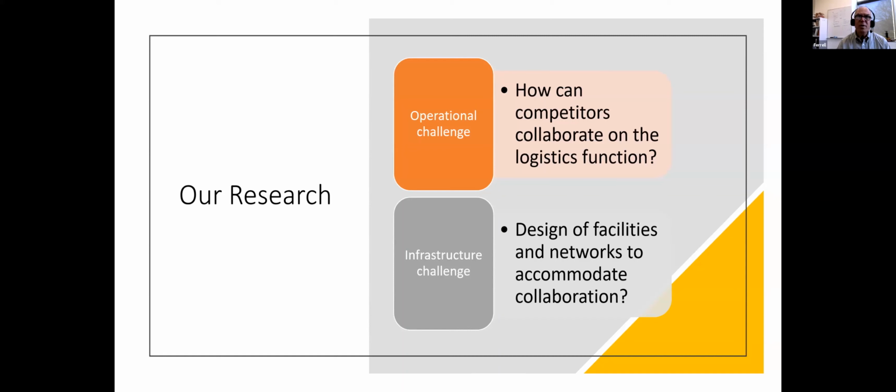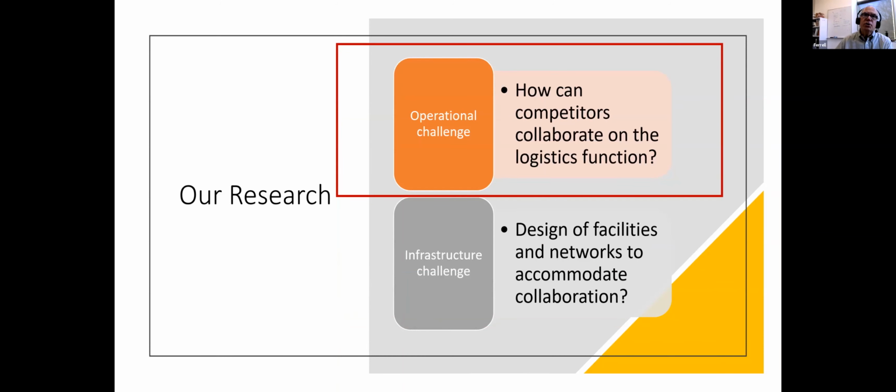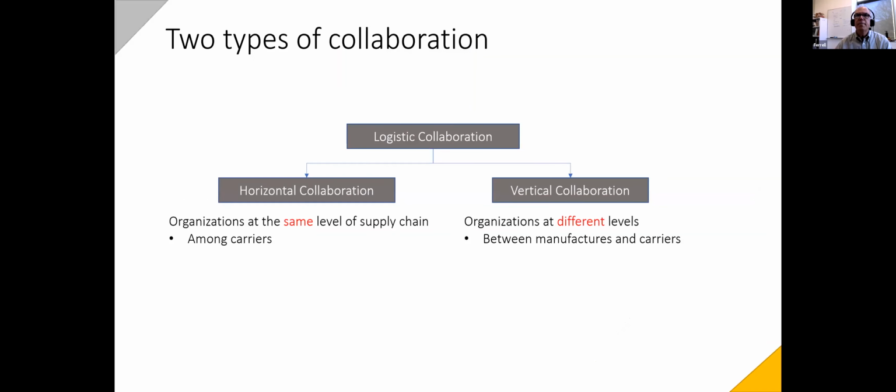The second one is, how would infrastructure and networks need to be redesigned in order to accommodate a collaborative logistics network, or to have part of the transportation network function in a collaborative way? We're going to start out discussing research that focuses on the operational challenges. So as a preview, before I hand it over to Nathan,